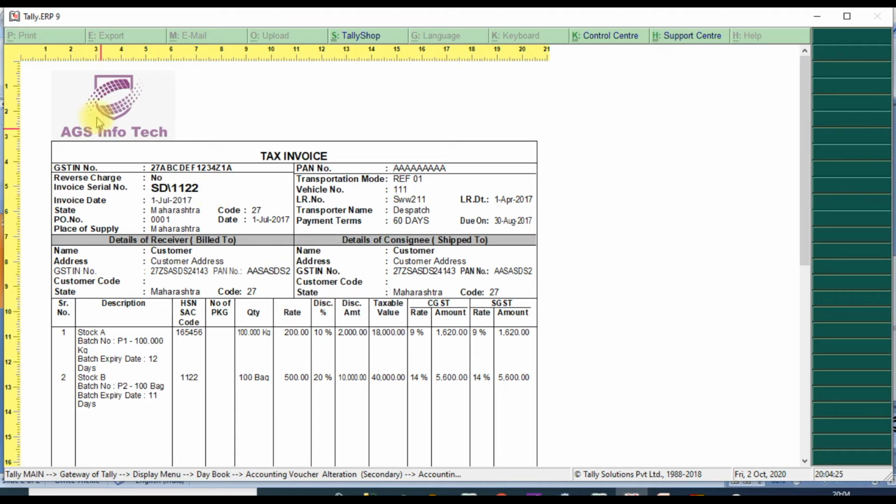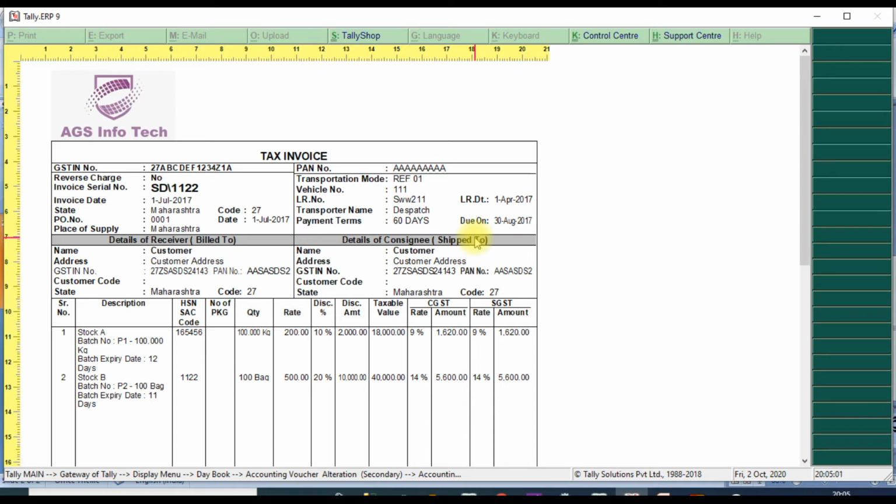First, the company logo, it will display your company logo. Tax invoice, this is the company GST number and PAN number, and invoice details, and the invoice serial number we gave as the reference number, invoice date, state and state code, PO number and date, place of supply where we supply, Maharashtra, transportation details we will give: transportation mode, vehicle number, LR and LR date, transport name, payment terms.